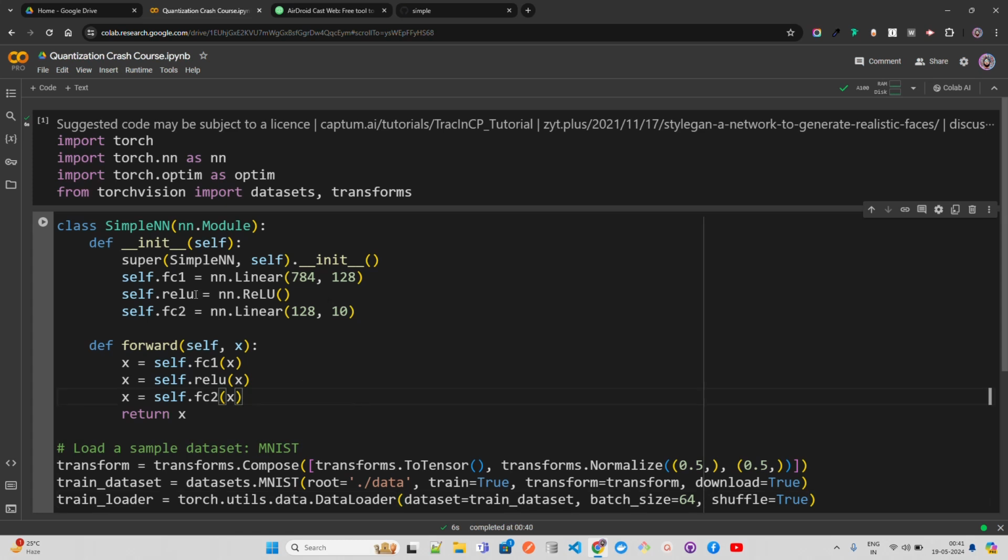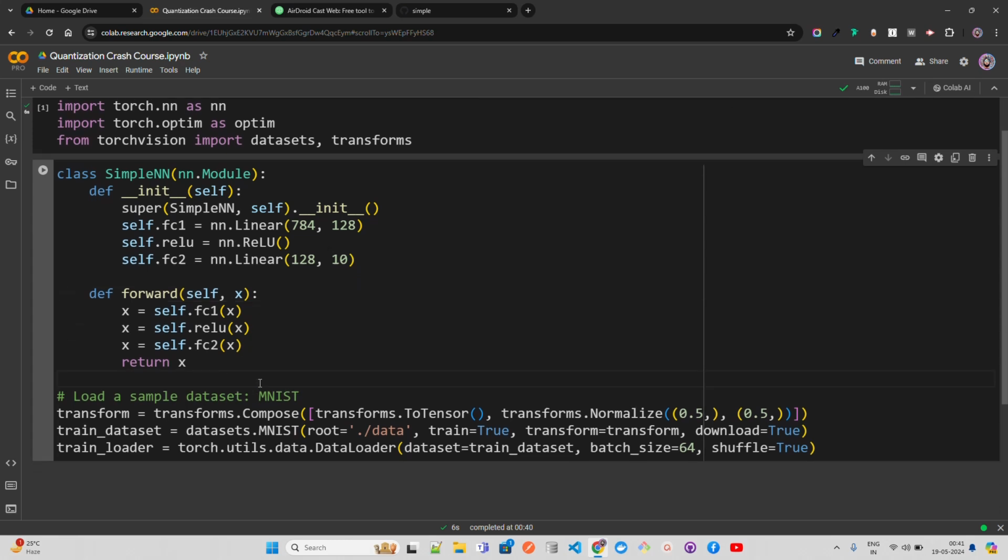Now if you look here, we have a class, which is basically a very simple feed forward neural network that beginners learn. You can see we have a linear layer, then an activation function of ReLU, and then again a linear layer, and then a forward where we use whatever we have defined over here.